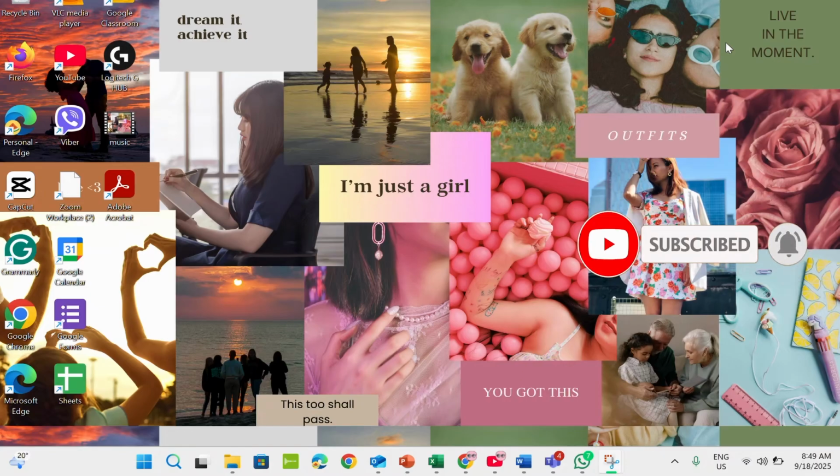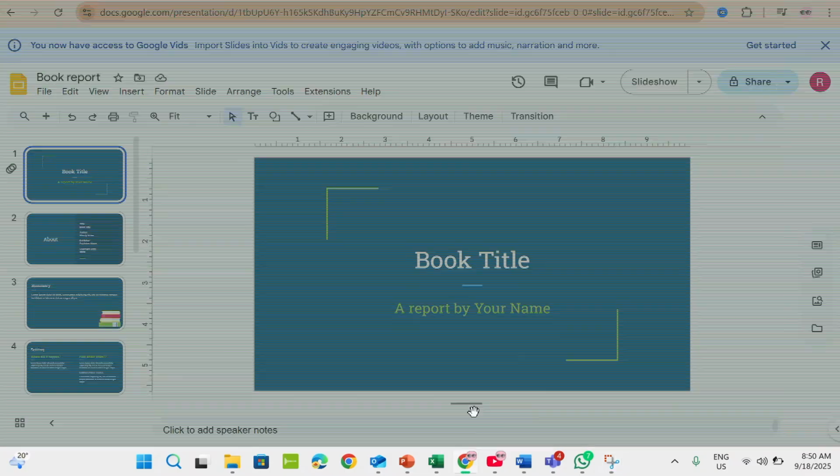Do you want to make your Google Slides more attractive by using transitions? Then you're in the right place. Let's dive right in. First things first, open up Google Chrome and then go to the slides where you